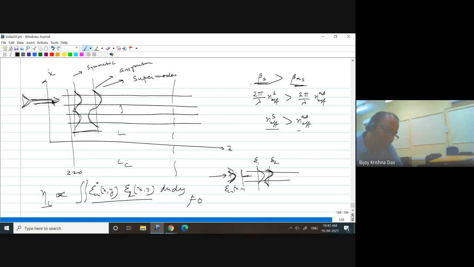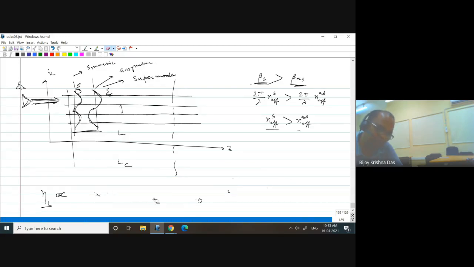Whenever you are launching here, you know that it is symmetric, and two modes are available as a solution. If you try to see the overlap of the incident wave with the symmetric wave and the asymmetric wave, their overlap will be similar. So if I maintain something like this for this case, field distribution, if you see, and try to get an overlap integral, sorry.